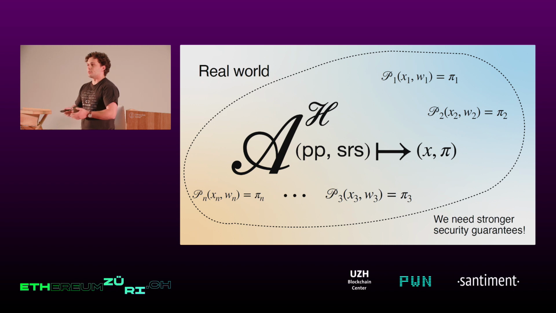Absolutely not. In the real world, if your proof system is running, for example, on a public blockchain, the adversary not only has access to the proof system's public parameters, it also has access to a lot of instances of people proving their own statements and the actual proofs of these statements. So what if the adversary sees all of these proofs and then says, well, here is a way to modify them or combine them to prove a statement for which I don't know the witness? This is absolutely not covered by the knowledge soundness definition. So we need, when we deploy proof systems publicly, some stronger security guarantees.